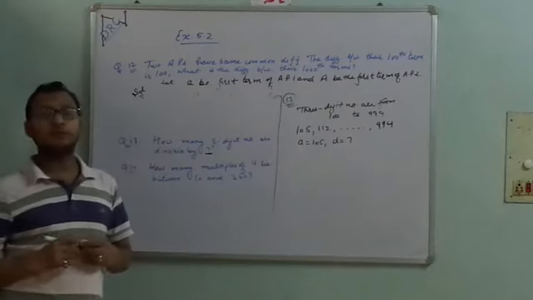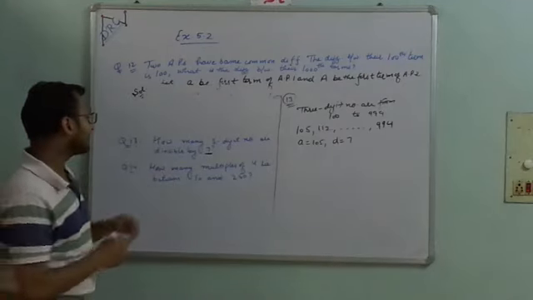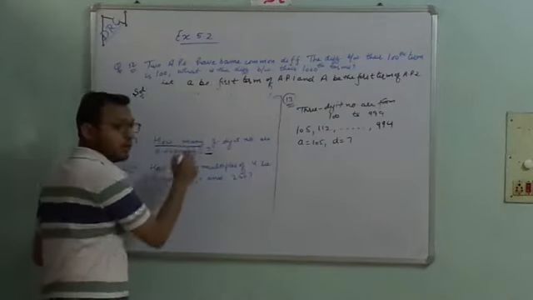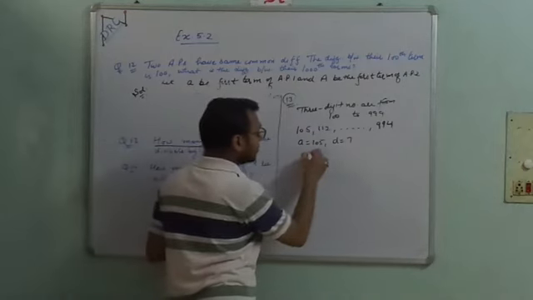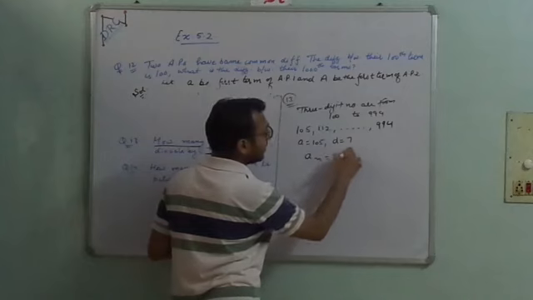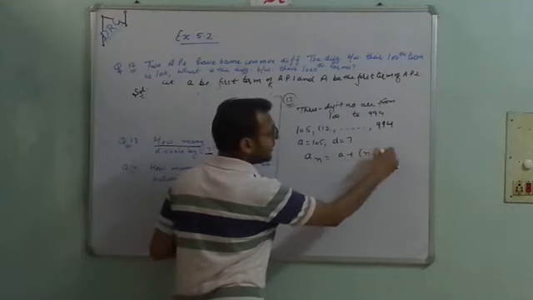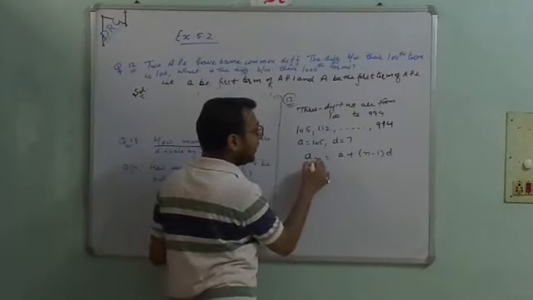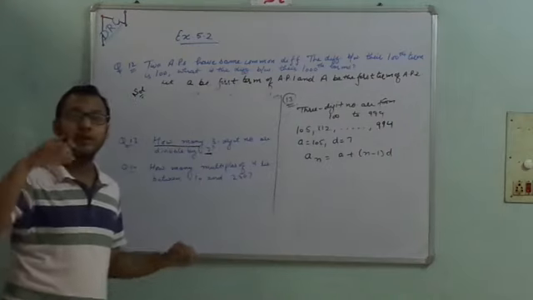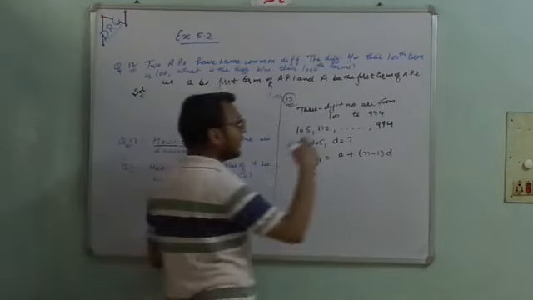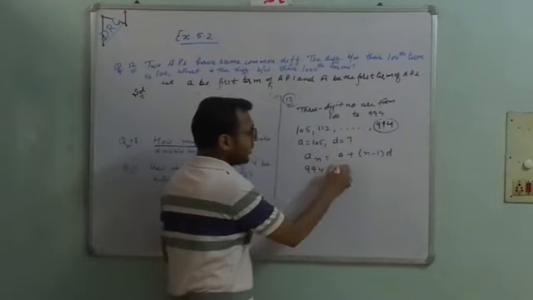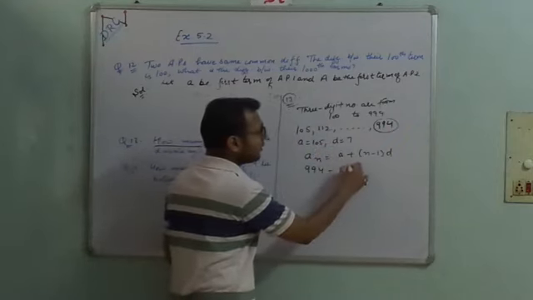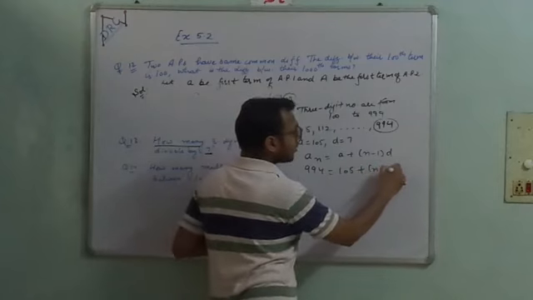Now we have to find the number of terms, or how many terms. So number of terms का मतलब क्या होता है? We have to find the value of n. So हमारे पास फॉर्मूला होता है an is equal to a plus n minus 1 into d, where an क्या होता है? nth पोजीशन पे बैठी हुई वैल्यू. So nth पोजीशन पे बैठी हुई वैल्यू क्या थी? 994. a फर्स्ट पोजीशन में बैठी हुई वैल्यू क्या है? 105. Now the common difference is 7.